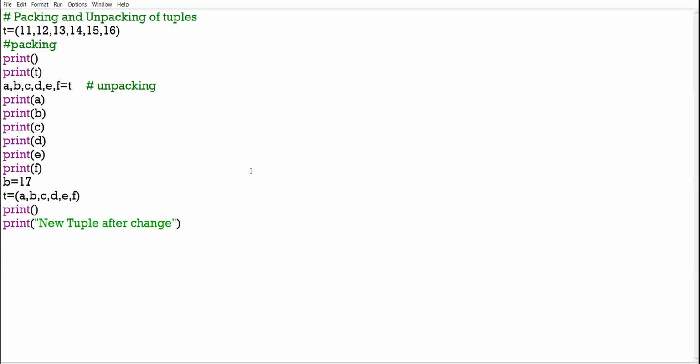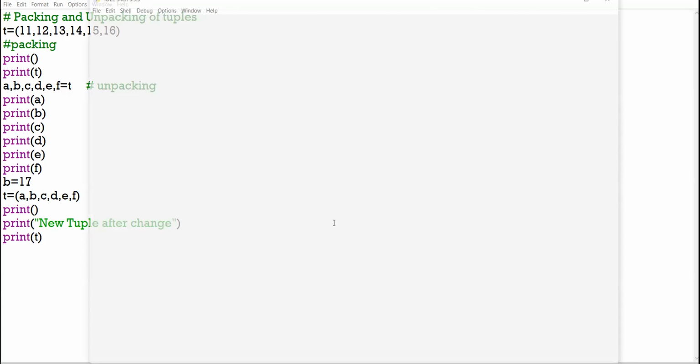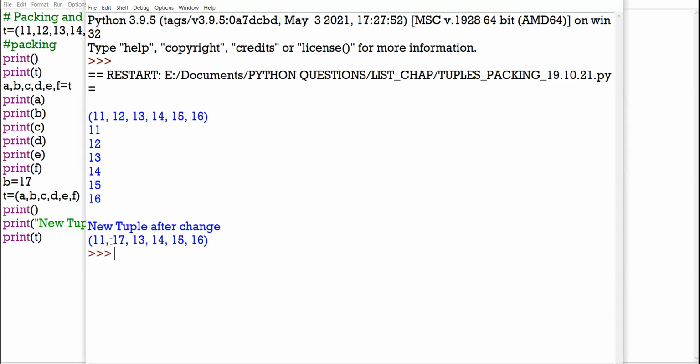New tuple after change. Check it out. This was the original tuple. This is the tuple after change. Earlier B was 12. Now B is 17. Have you noticed?